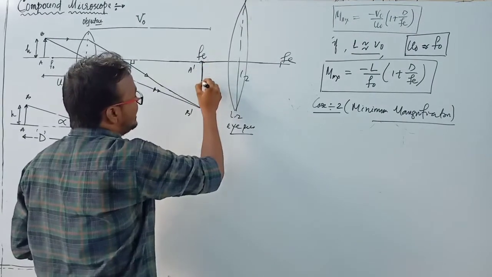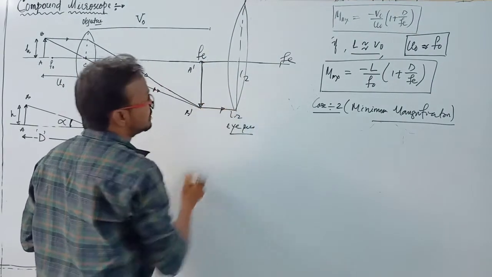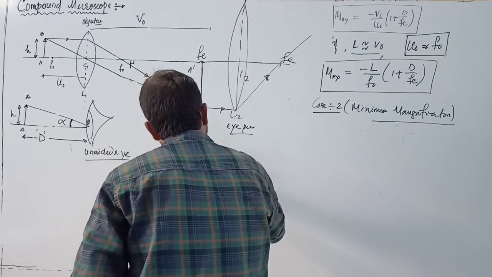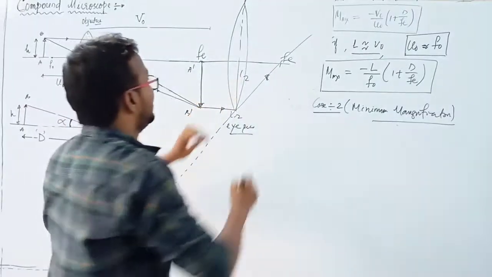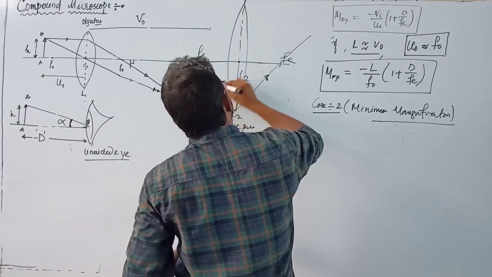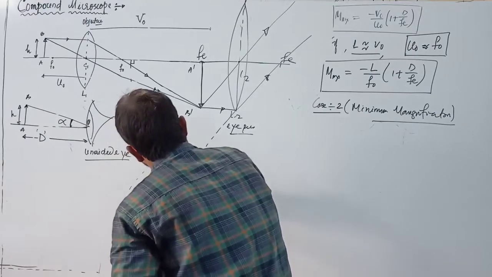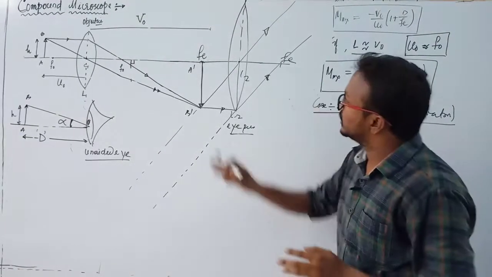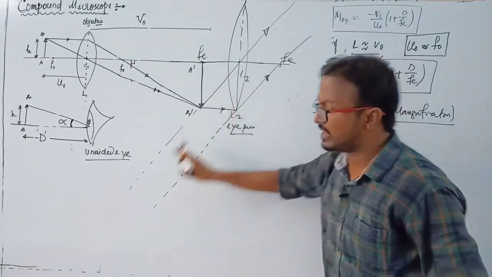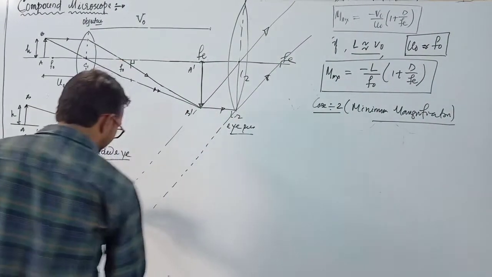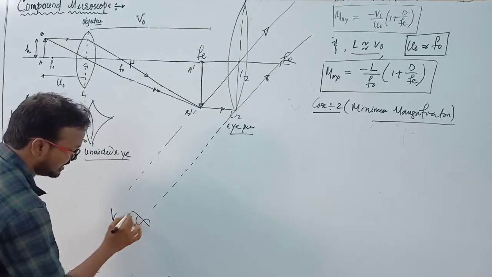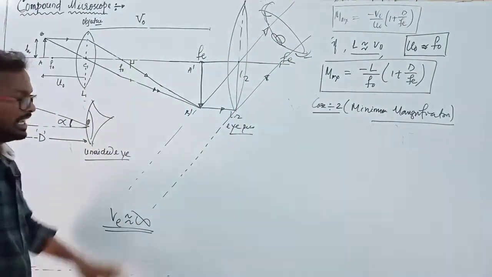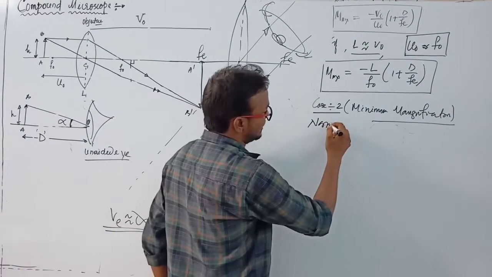If the object lies at the focus point, then the ray which is parallel to the principal axis, after refraction through it, passes in this direction, and if we draw its backward extension like this, and the ray which is incident at its optical center travels in this direction, these two rays are parallel to each other. That means when the object lies on the focus point, the final image is formed at infinity. So here the final image VE is equal to infinity. If we observe this point, we get a final image at infinity, and this is known as